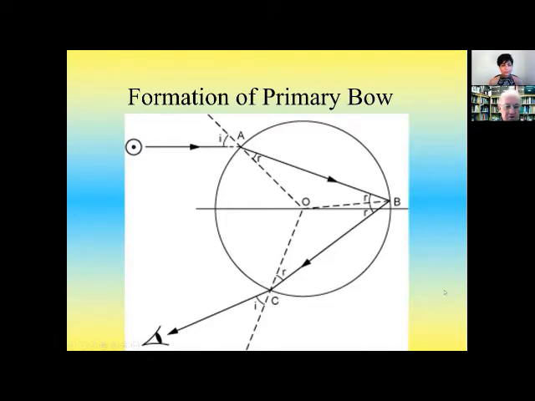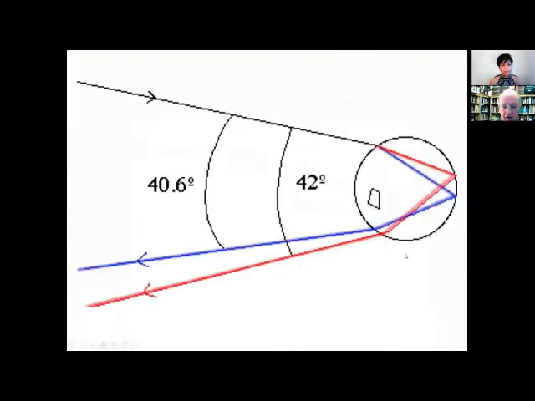You use the first derivative test to find out that there is in fact a minimum of this deviation angle. Now, of course, each color is refracted slightly differently, because the refractive index of light is dependent on the wavelength very slightly. So the primary bow has an angular size of about 1.5 degrees from red to violet, which is about 3 times the angular width of a full moon.